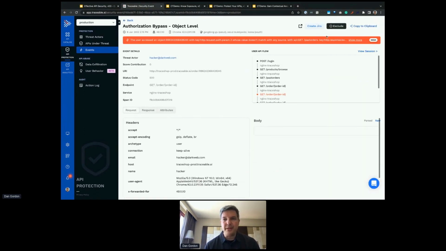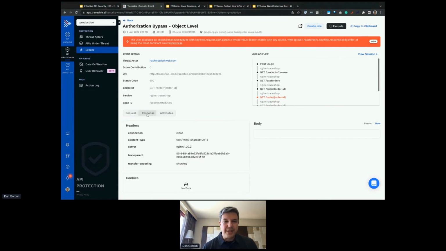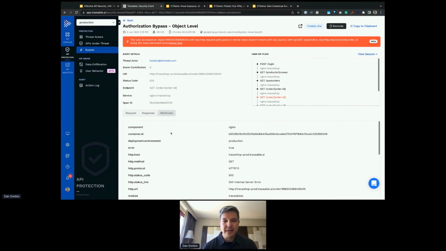Now, what we're seeing here is that first we have the overall definition description from the system from Traceable as to why it believed that this was a BOLA attack. So some information that was used or requested didn't show up or get queried initially, so we're not sure where that's coming from. It's unusual behavior. But we have access to the requests, headers, and body. In this case, the body's not very full. And the response header and body, and all the attributes around this attack that we're tracking.